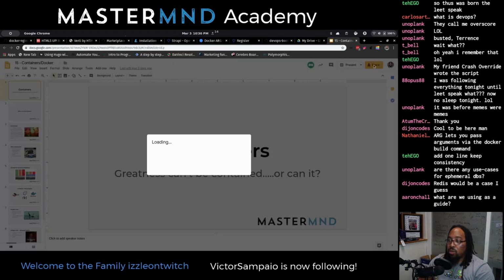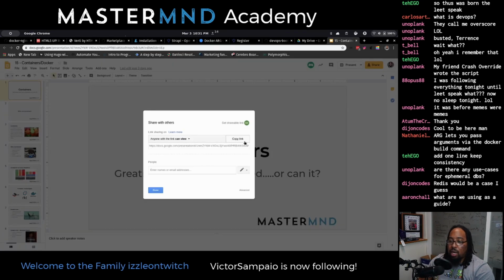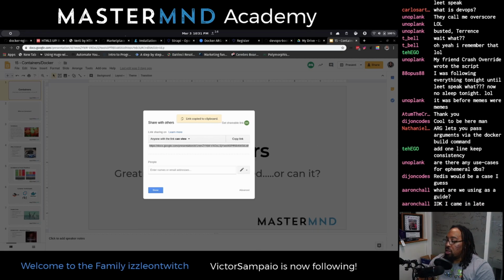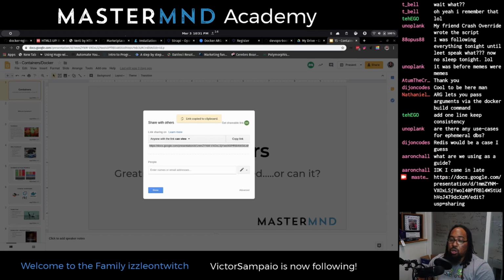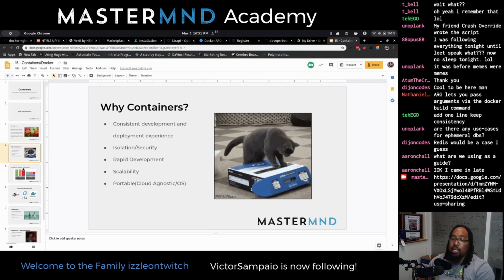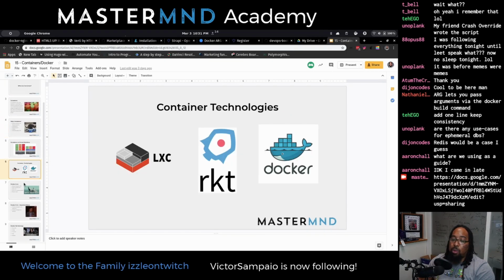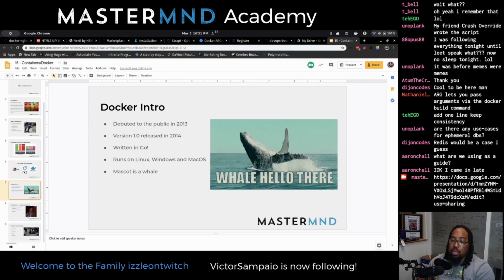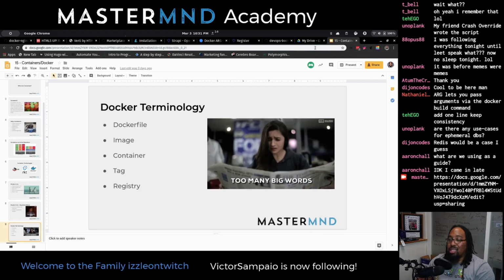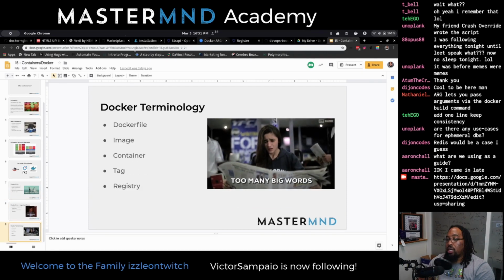With the link from view, you can copy that and go through the slides to get a little bit of help on what each of this stuff is, a few different introductory Docker things.